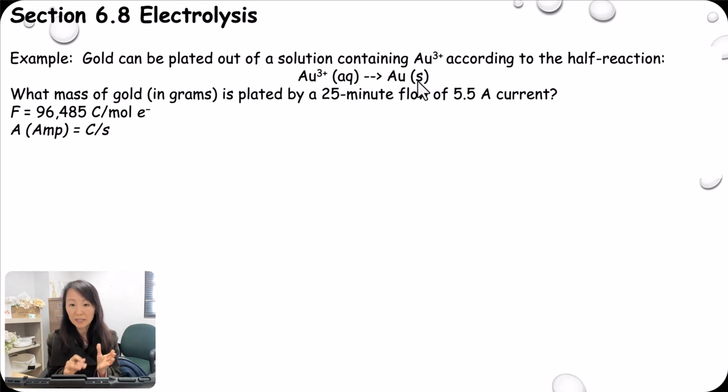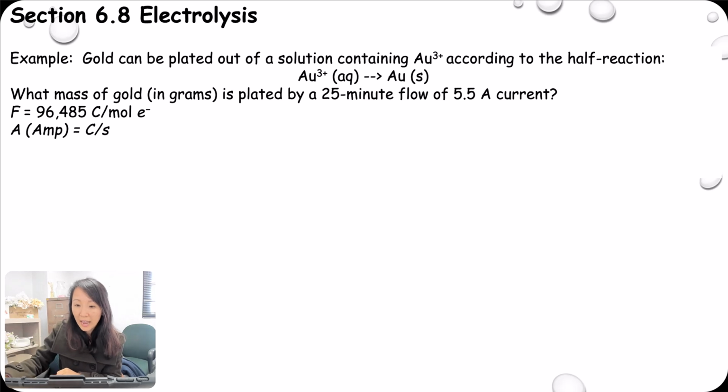Okay, so this is something that's happening on the cathode side, where reduction is happening. It's asking for what mass in grams of gold is plated by a 25-minute flow of a 5.5 ampere current. Now there is this new unit, A, that's ampere. What is ampere? That's how much electron is flowing through. It's the rate of electron flowing through the